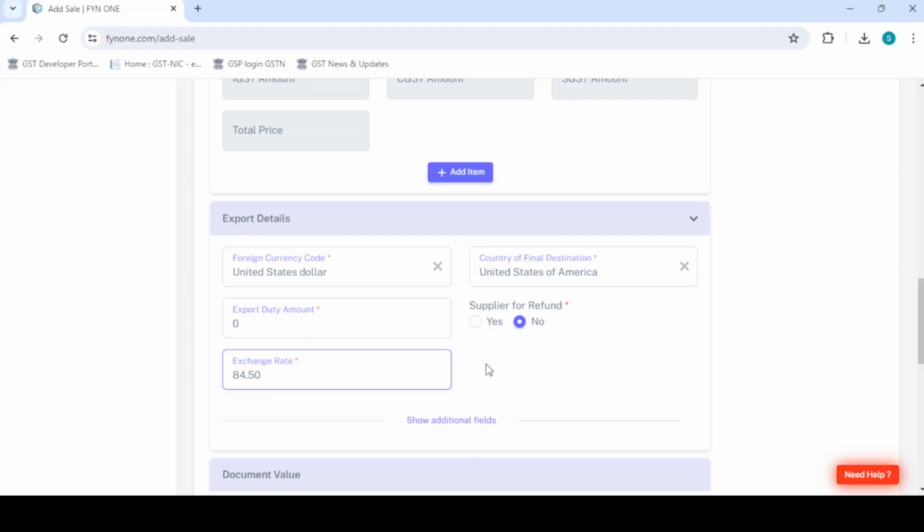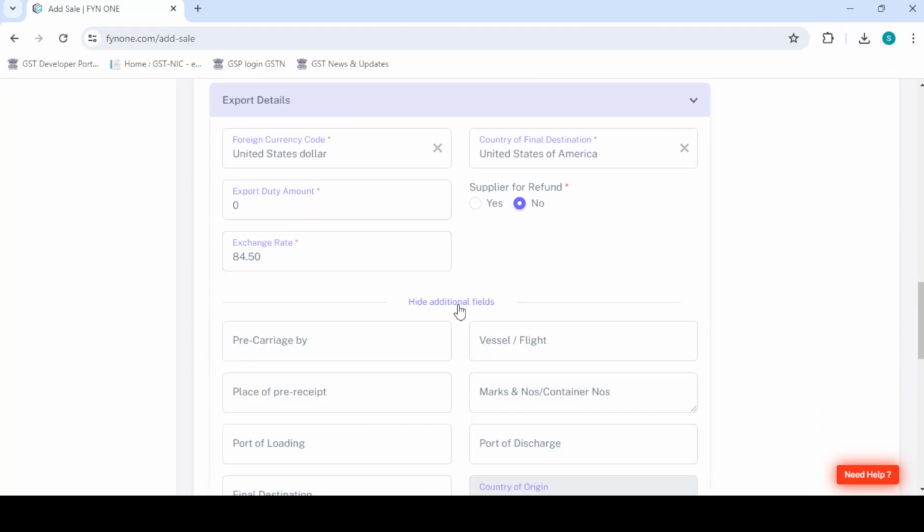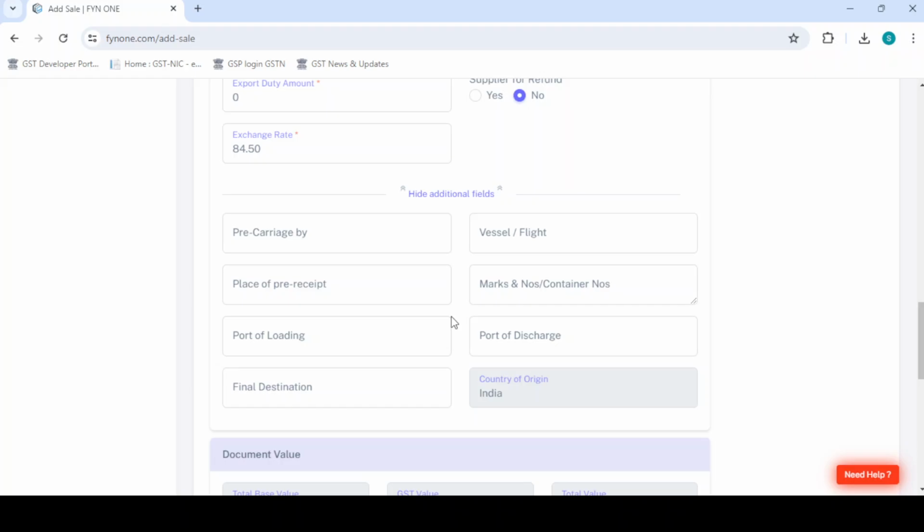If you're done with this, it's more than enough for export of services. The invoice would include the foreign currency code details as well. If it's pertaining to export of goods, then we give the shipping information that is required as part of the invoice. So pre-carriage by, let's say, ship, vessel, flight details, place of pre-receipt, let's say it's Chennai, marks,